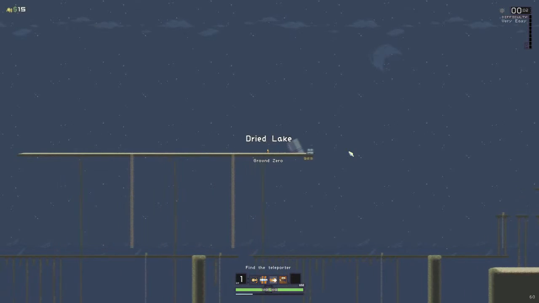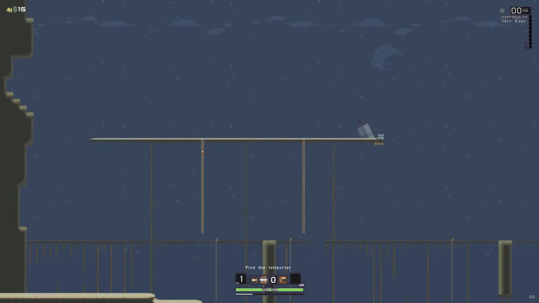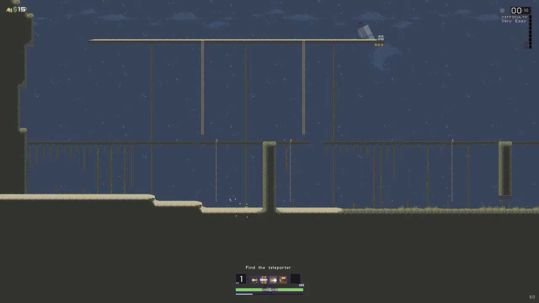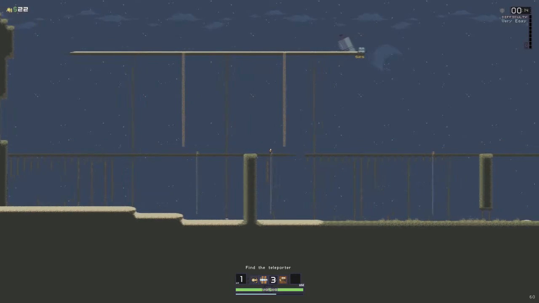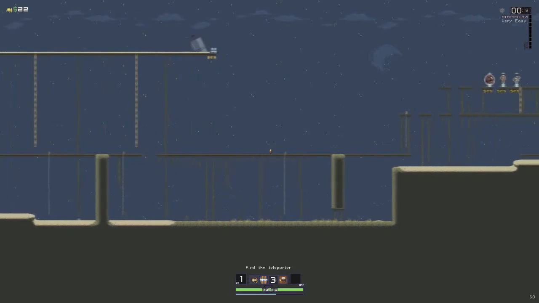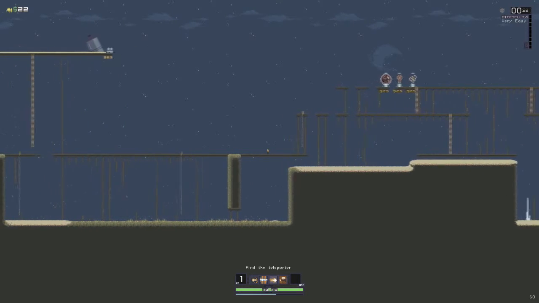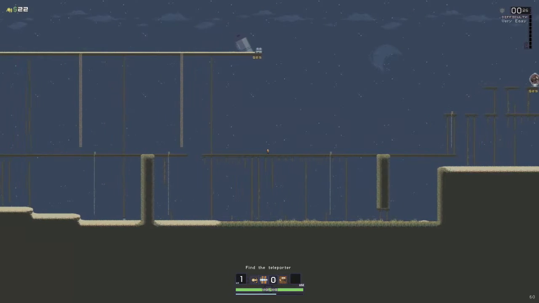Let's get straight back into another one. So we're back at the dry lake. Grab this. There's a few set of levels that can appear, and there's some different configurations for each one. I'm 3 monies away from getting that, so I'm just going to...